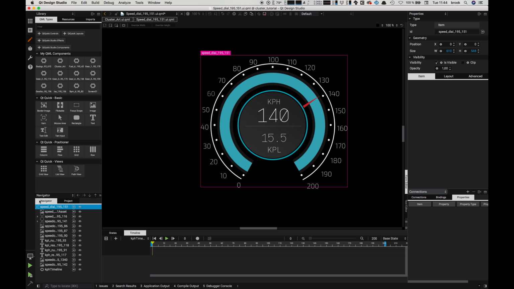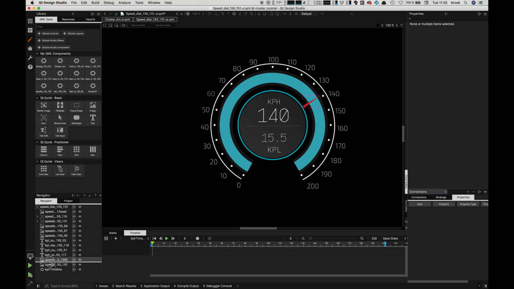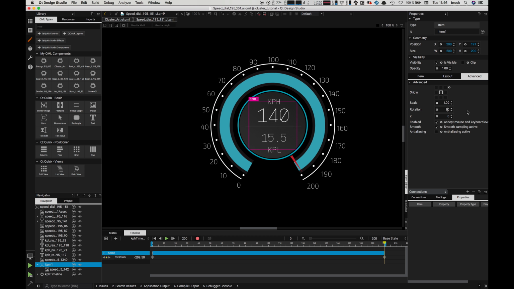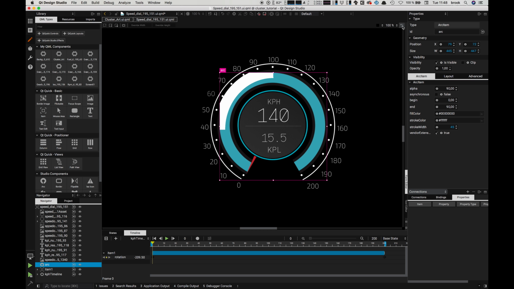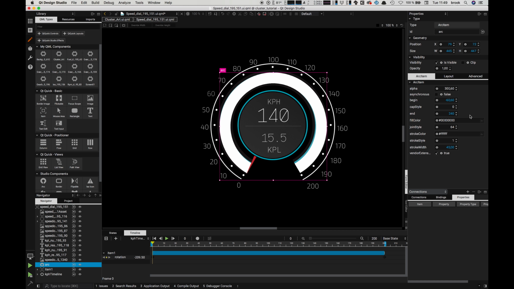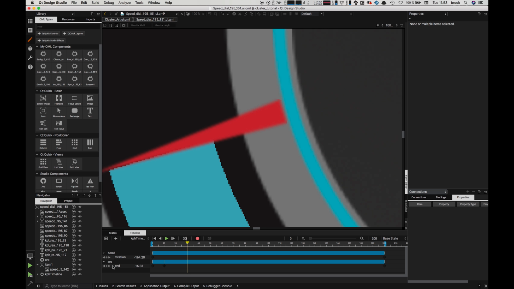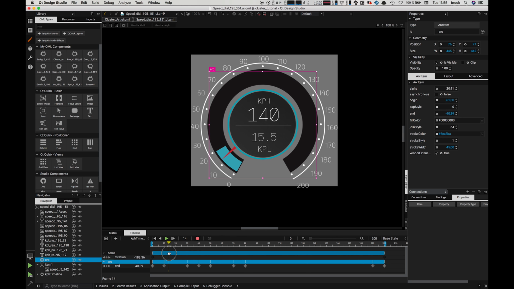So we're going to find the needle layer, which is here, drag an item in, center up the item, and then we're going to repeat the process of creating the beginning and end keyframes, replacing the arc, finding the beginning and end for the arc, deleting the artwork underneath, setting just a single color this time, animating the arc ranges, lining up the arc all the way along,